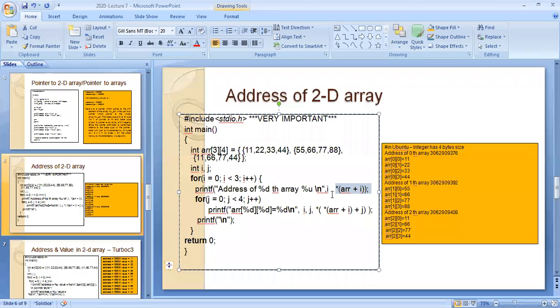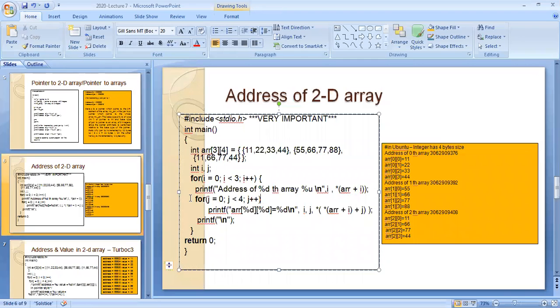Now if I want the address of the 0th array, it is star of ARR plus 0. For the first row, star of ARR plus 1. Similarly, the address of the second is star of ARR plus 2. That will give you the address.